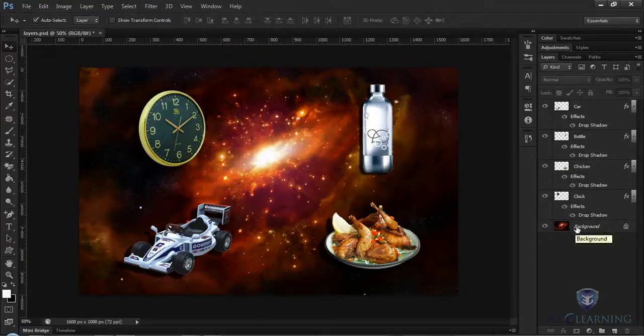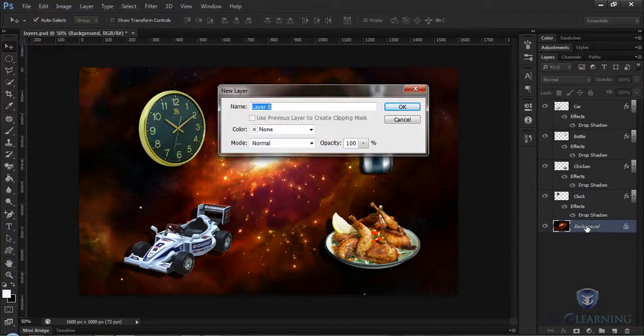Let's take a look. If I click on the background layer, a very important note about all images that you open that are initial scans or flat images. Every image that hasn't had layers added to it will start with a locked background layer, and the background, if you are on the Move tool, cannot be moved. It's locked automatically. So if I wanted the ability to move this layer, I could simply double-click on it,